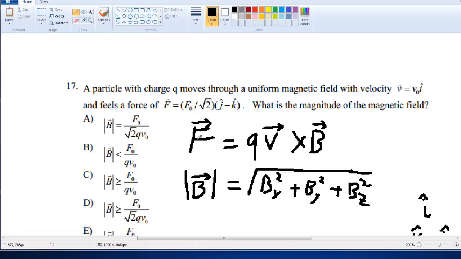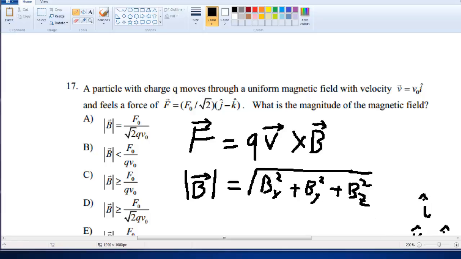The first equation we have is force is equal to charge Q times velocity V cross magnetic field B. This describes the force on a moving particle with charge Q and velocity V in a uniform magnetic field B. The second equation that we will use simply defines the magnitude of a vector as the square root of the sums of the